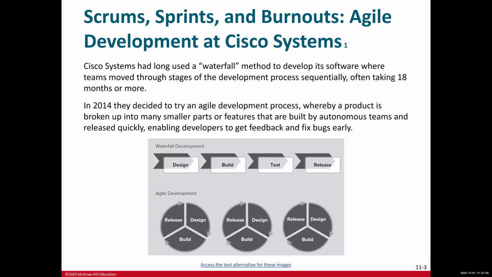We can fix bugs early and make changes to the product much faster than with the waterfall approach, because in the waterfall approach, we have to wait till the end of the project, demo our project to the customer, and then gather feedback. And guess what? If something needs to be changed, we have to go back all the way to the design and modify our software, which is very costly and time consuming. So quick adjustment is part of the agile methodology.